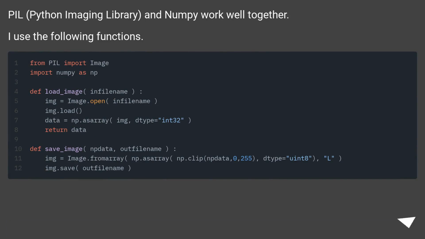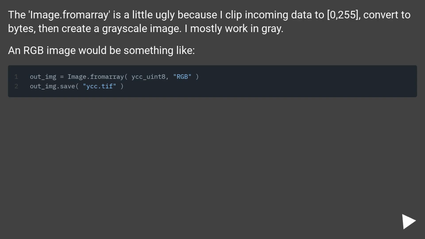PIL, the Python Imaging Library, and numpy work well together. I use the following functions. The image.fromarray is a little ugly because I clip incoming data to 0,255, convert to bytes, then create a grayscale image. I mostly work in gray. An RGB image would be something like